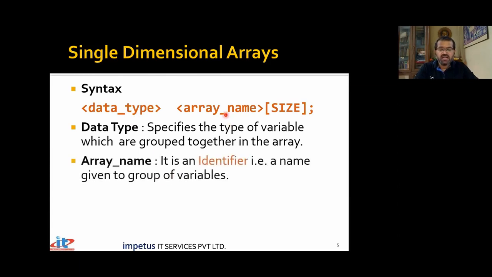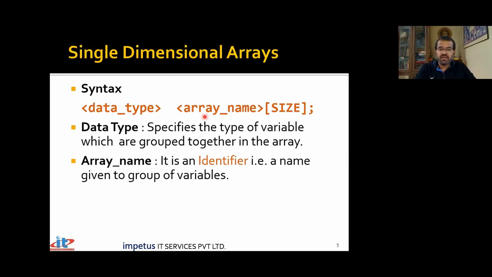Array name is just an identifier, like we say char ch. So ch was an identifier that identifies that block of memory where that character variable is stored. So if I create an array, it is going to be stored somewhere in memory. That entire group of variables will be referred to by a single name. It's just an identifier that will identify the location in the memory where that array has been stored. It's just an identifier, nothing more than that. It's just a name given to a location in the memory. So array name can be any legal identifier.